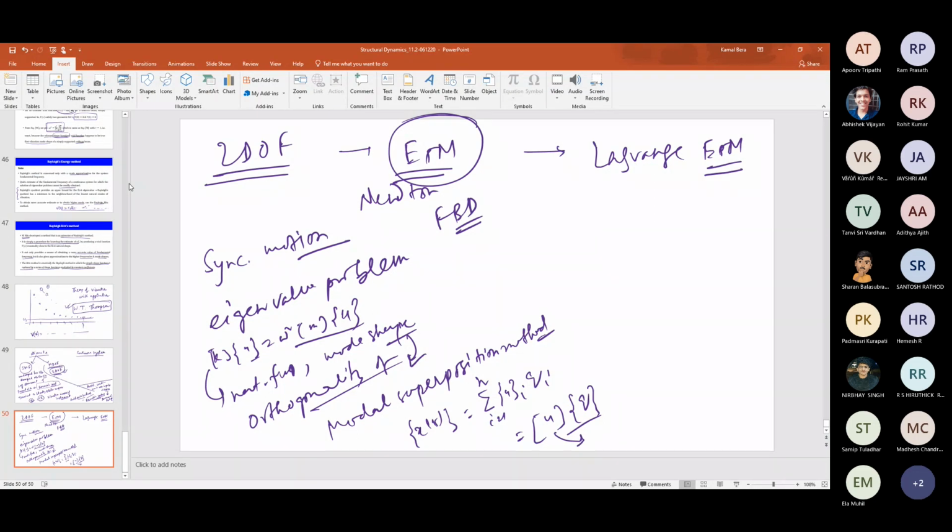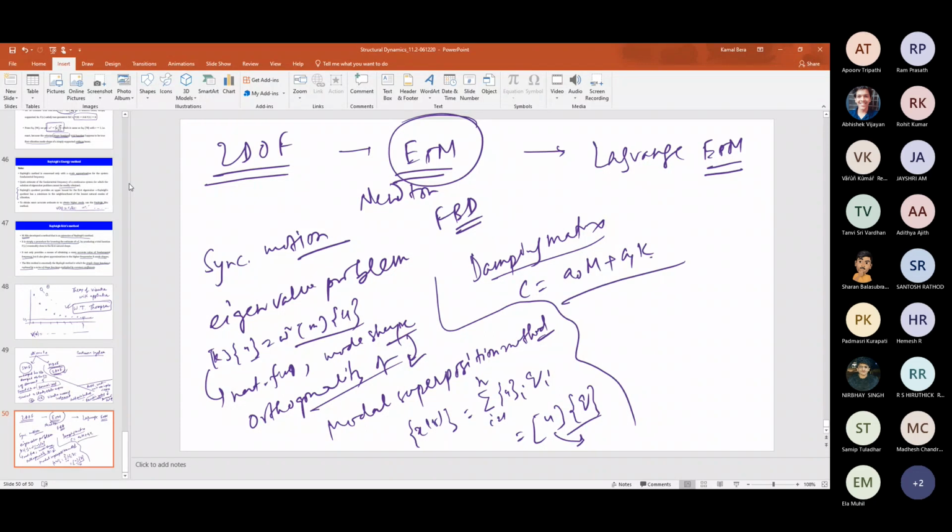Then we talked about the damping, that's Rayleigh damping. How to construct the damping matrix, we have discussed. Modal damping ratio. First we discussed the mass proportional, stiffness proportional, and then the Rayleigh damping, that is C equals a0 M plus a1 K, right? Remember the Rayleigh damping. Then in the multi-degree of freedom system also we formally derived all those things. I don't know whether I am missing something.